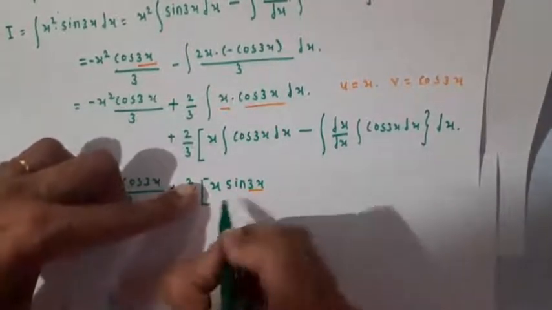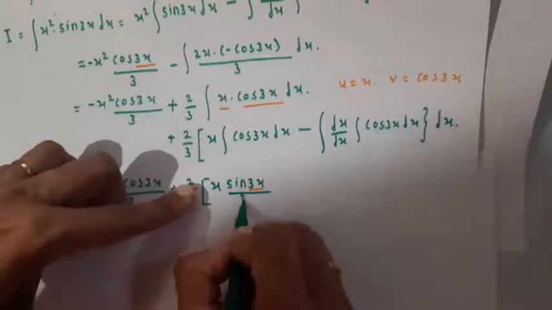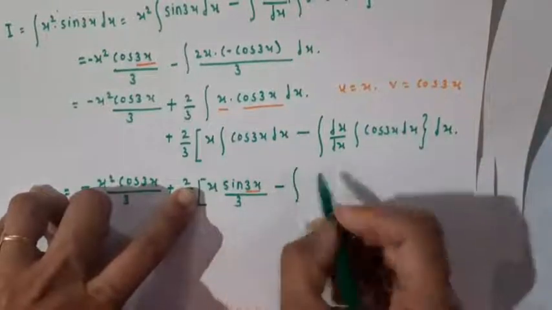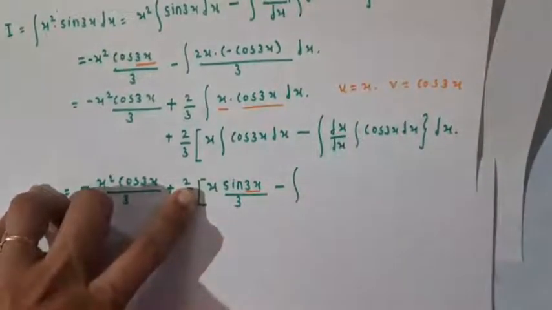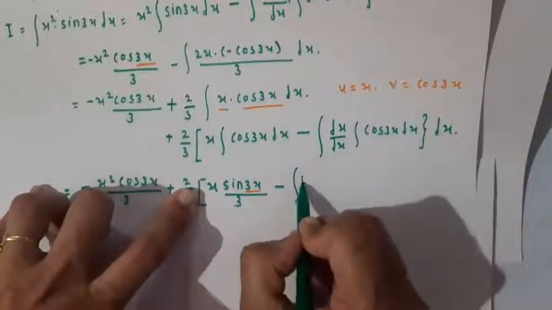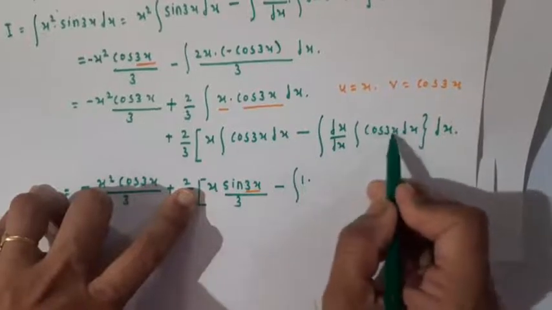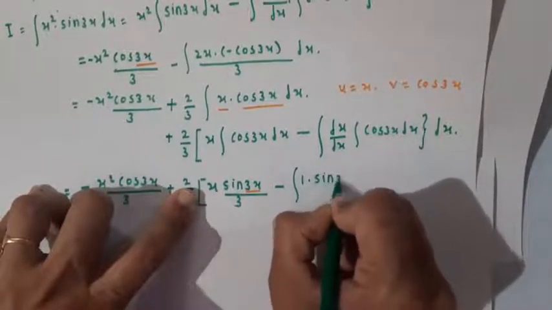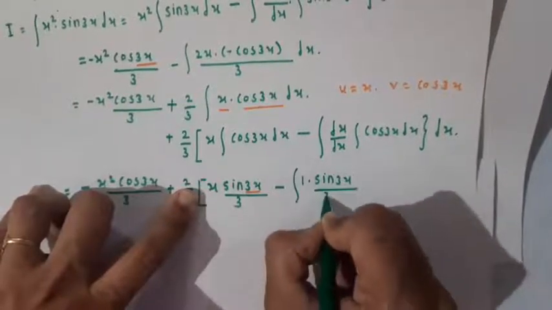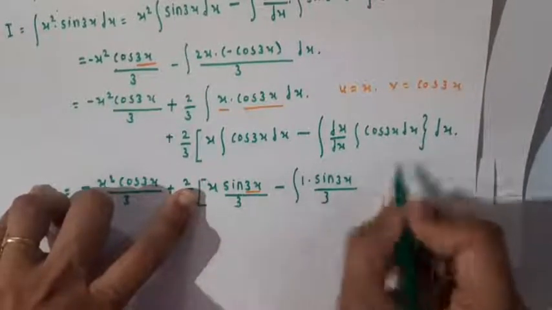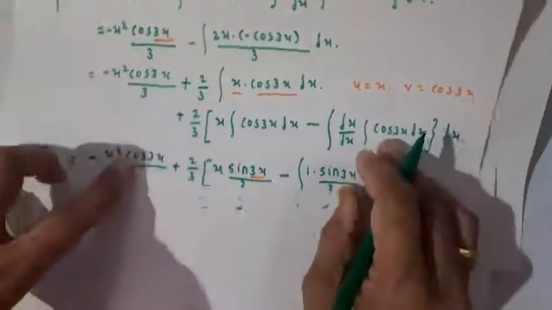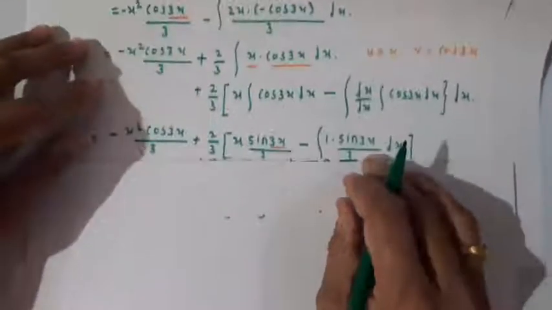Its differentiation is 3, but in case of integration we divide by 3. Minus, so differentiation of x with respect to x is 1. Integration of cos of 3x is sin of 3x upon 3, just as we have found out here, and integration with respect to x. Okay, and now this is equal to